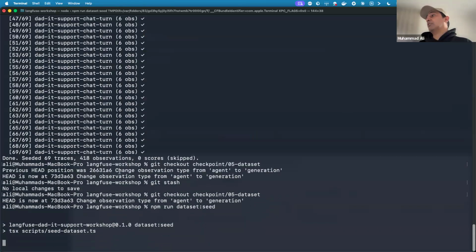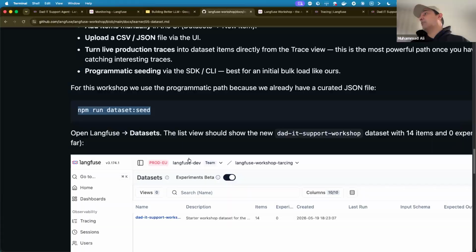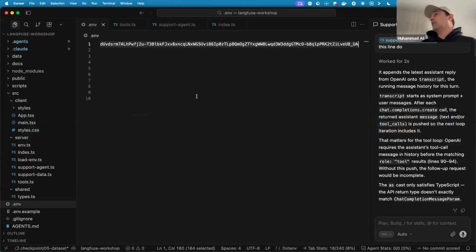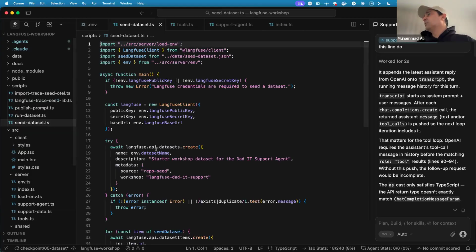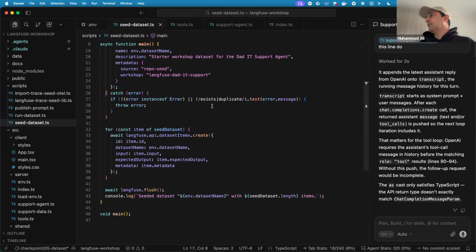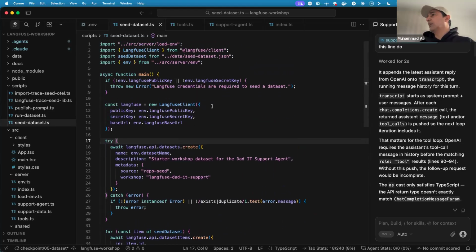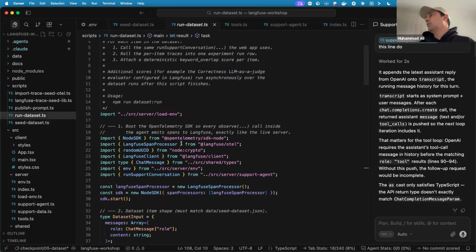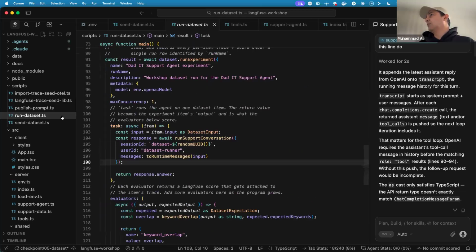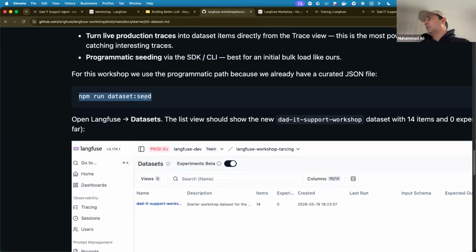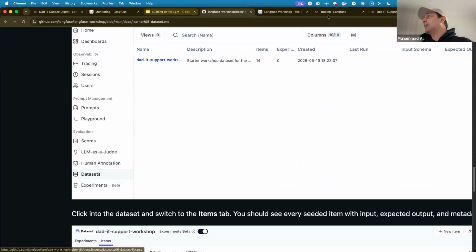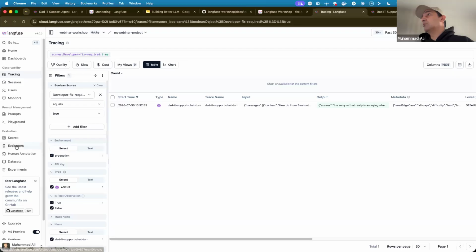There is a script in there that does that for us. It's called dataset dot something. I'm going to go to the code and show you that. It's called C dataset or something like that. Yep, so this is what creates the data set. That's the code that seeds the data sets. All right, I am going to go back. Now when this code is run, we will have a data set created in Langfuse.